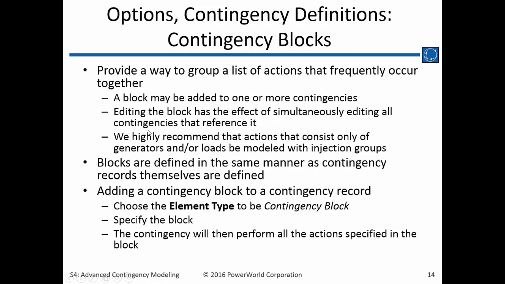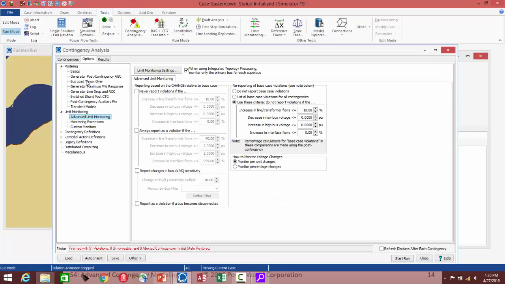Okay, the next feature here is contingency blocks. This is something that you can do if you have a list of actions that occur in more than one contingency. It's a good shorthand for you. You can just define the block once and then reference it in other contingencies. To access those, you go under the options here, and then under, let's see,